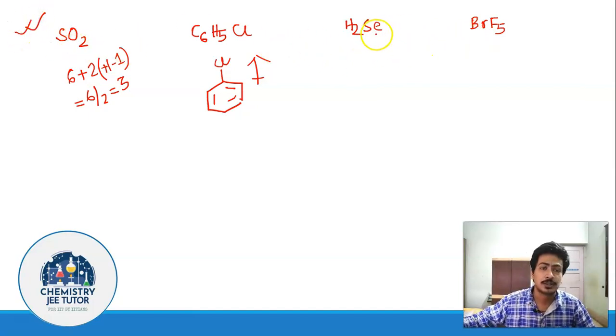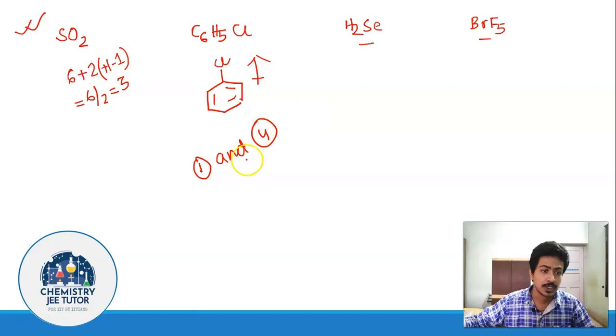Do work these options out yourself, and if you find any problem, then please let us know. So option 1 and option 4 are going to be the correct options. These are easy ones, you can do them yourself. If you have any problem, then please let us know.